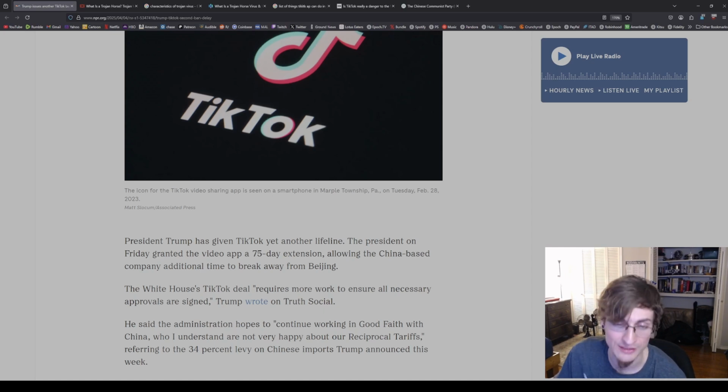So personally, I think Donald Trump is wrong. I think he should just ban it completely. A free market will come up with a different alternative that isn't controlled by the Chinese Communist Party. It's ironic that I would say free market should ban this product, but it's a national security threat. It's a risk, and it's being used as a Trojan horse / psyop on our population. And I just thought that was interesting.